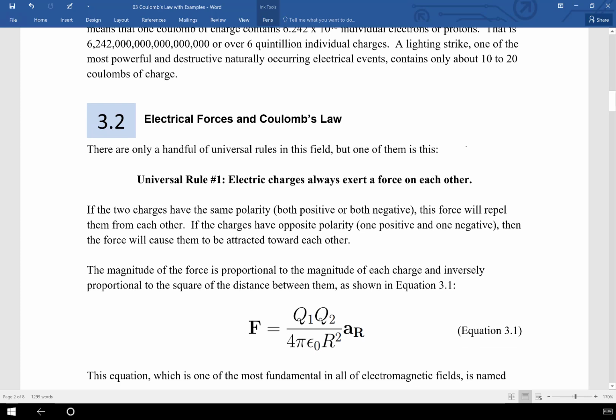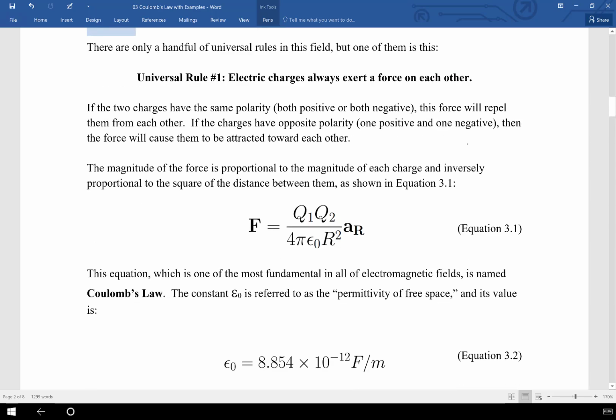Now, we're going to introduce just a handful of universal rules in this class. The very first one we're encountering today. Universal rule number 1: electric charges always exert a force on each other. Doesn't matter if they're sitting still, doesn't matter if they're moving at a constant velocity or accelerating, they always exert a force on each other. Now, the magnitude of that force and the direction of that force can be determined by Coulomb's Law, which is